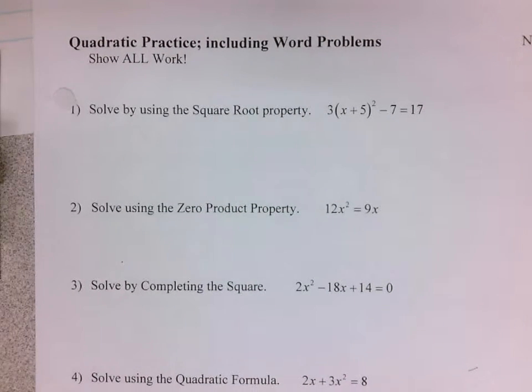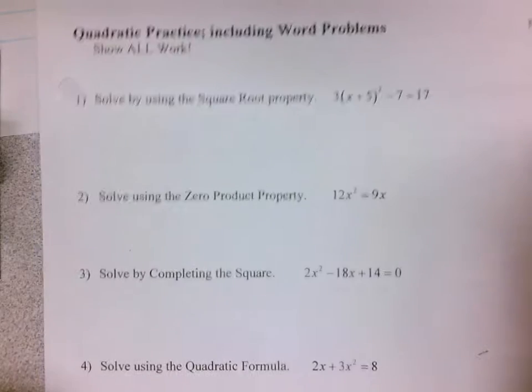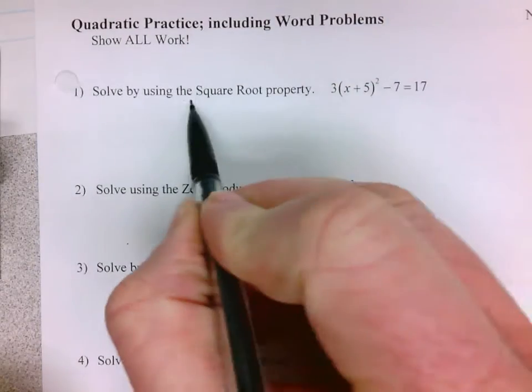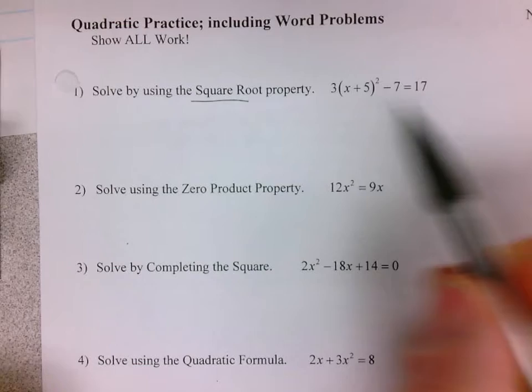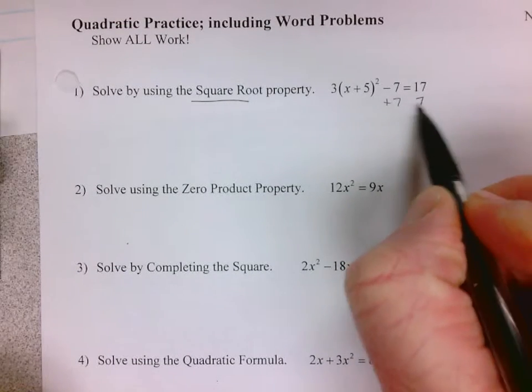This is on the second quadratic word problem assignment, but we'll do this part separately as a review for the retake. So I'm going to go through the different kinds of problems. Solve by using the square root property. That means you want to get the squared term by itself. So I'm going to add 7 to both sides